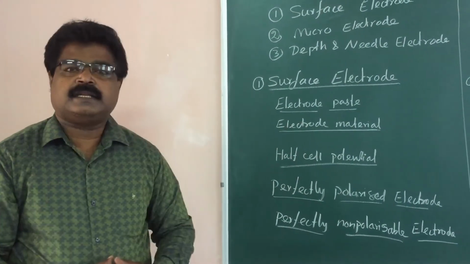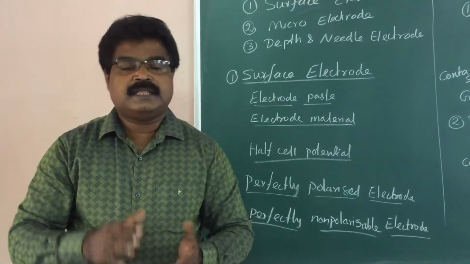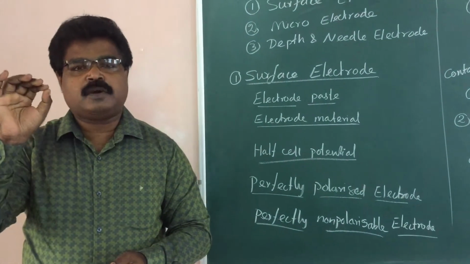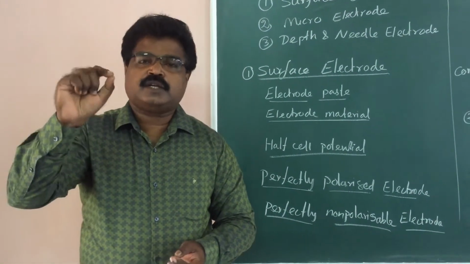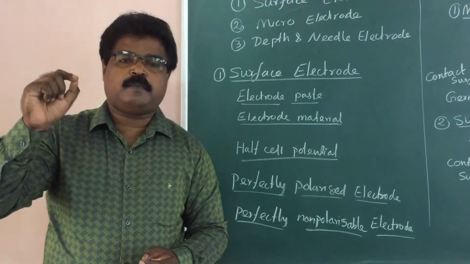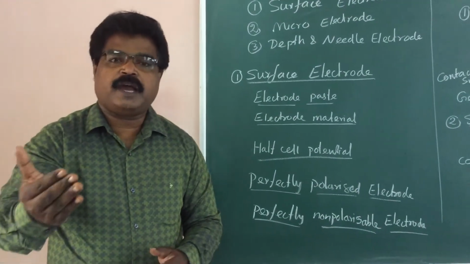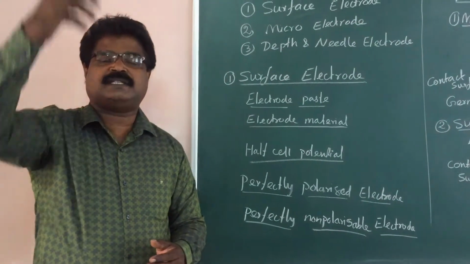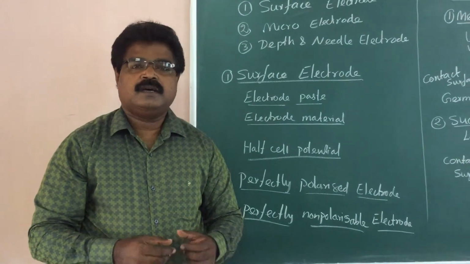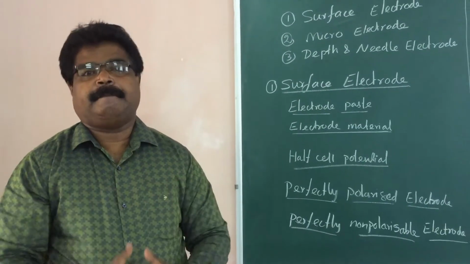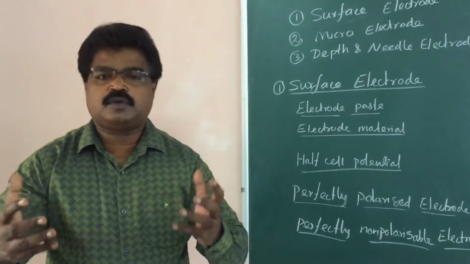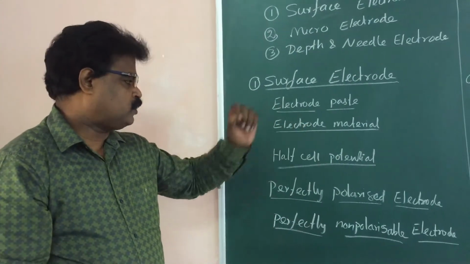So the electrode material used to prepare the electrode must be compatible with body fluids. When it is compatible with body fluids, there is a transfer of ions from the body to the electrode, so we can pick up the signal and process it. Normally it is made of silver or silver chloride, or tungsten, or some other material that is compatible with body fluids.